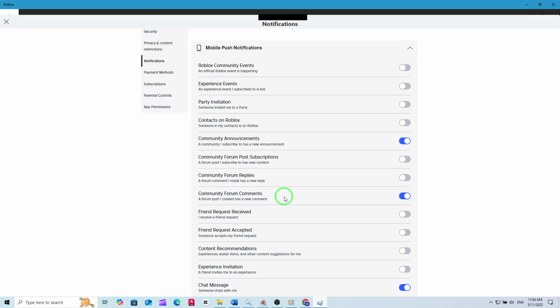That's it. By following these steps: opening the Roblox app, going to More, entering Settings, selecting Notifications, choosing Mobile Push Notifications, and enabling Community Forum Comments, you'll always be up to date on the latest conversations in your